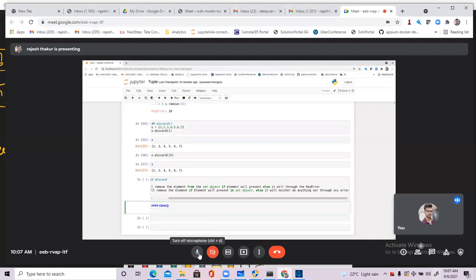The clear function name itself suggests a lot. It will just remove all the elements from the set. Simple. Let me show you. This is my set: 1, 2, 3, 4, 5, 6, and that's fine. Now if I do print s, it will show all of these. Then if I do s dot clear, and now if I print s,